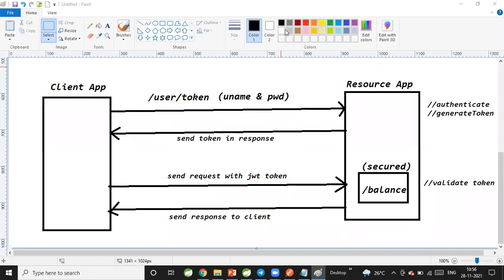Come on, guys. Does the client need to send the request every time, or will the client send the request only one time?